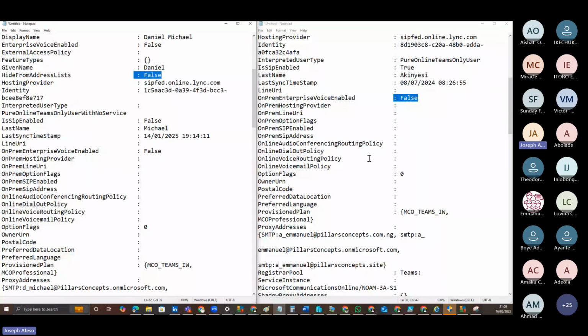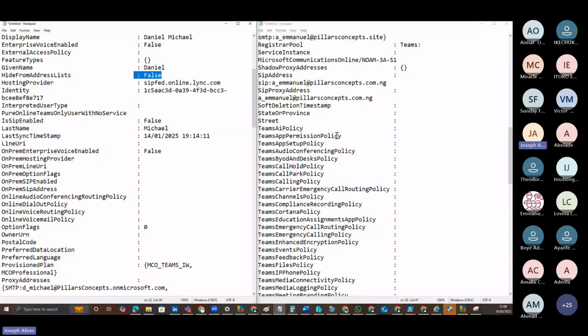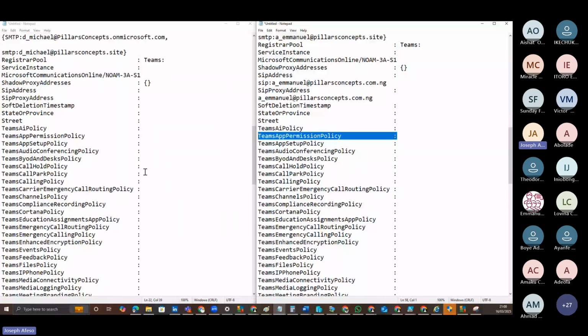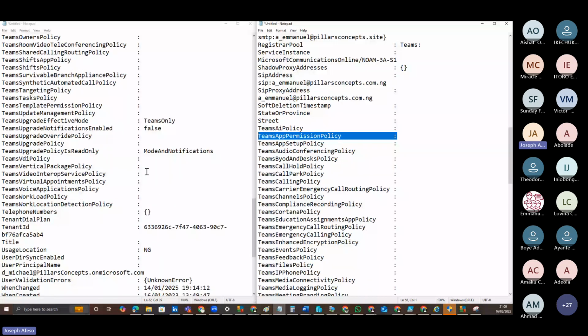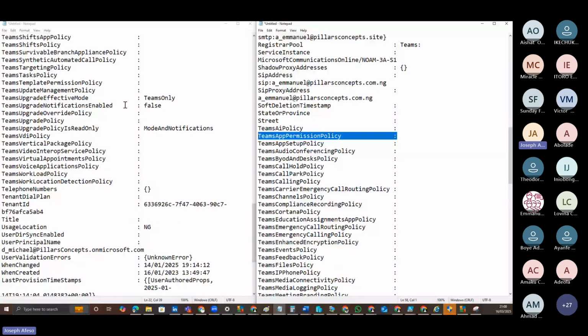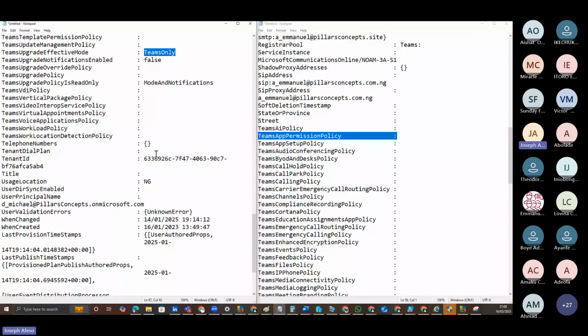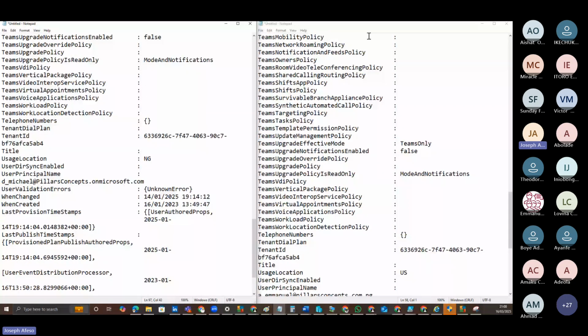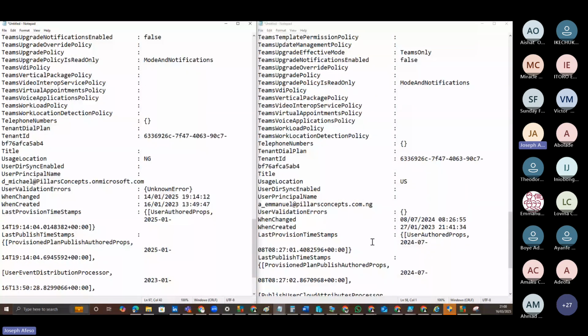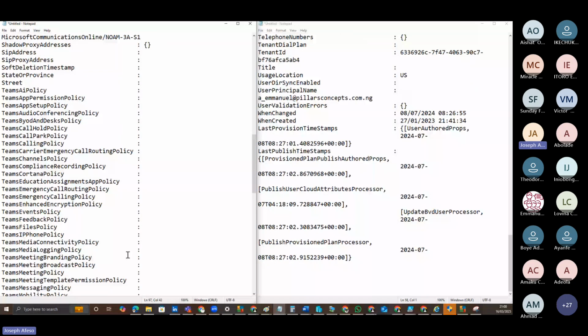If it is a policy issue, then Teams application permission policy, nothing is there. If you have nothing there, it means that they are in the global policy. But if you have something there, it will actually point out the policy that they are both in. So for Teams upgrade notification is false, then Teams only mode, you can actually put those attributes together one after the other to compare, to differentiate, and to pick and leave. So you can see all these attributes. So this is actually possible by means of